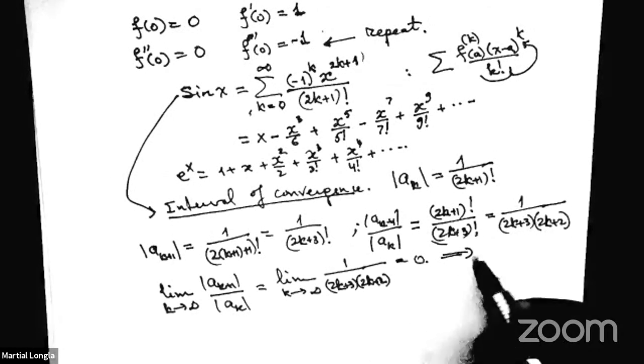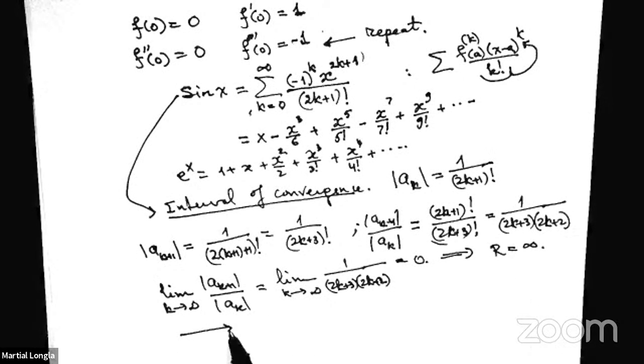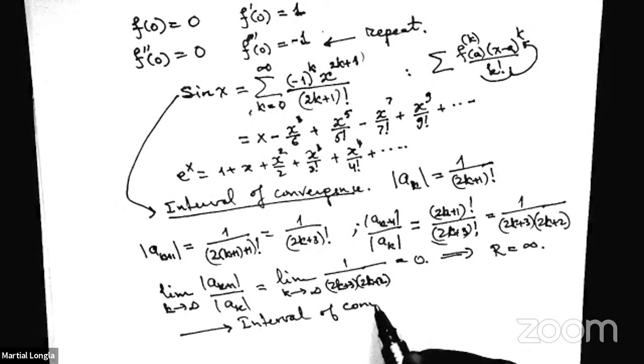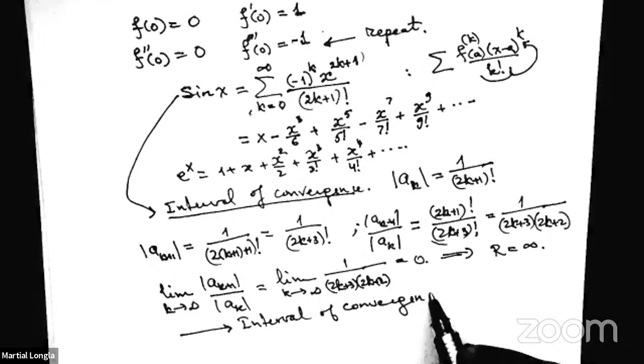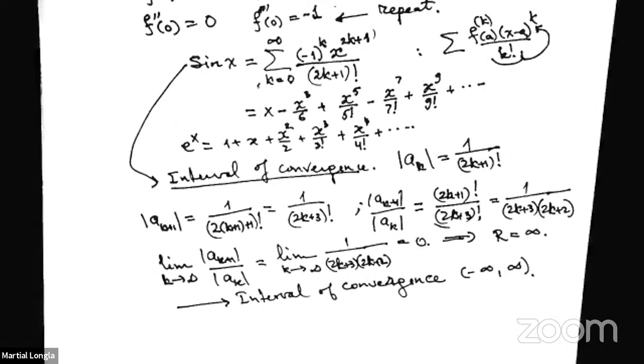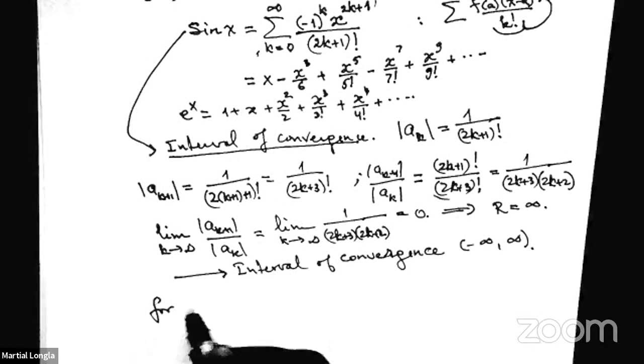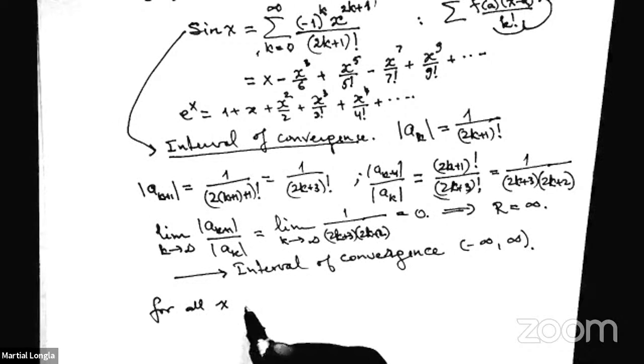And this also means that R equals infinity, and that leads to the interval of convergence negative infinity to infinity. So also, as for e to the x, for all x real number,